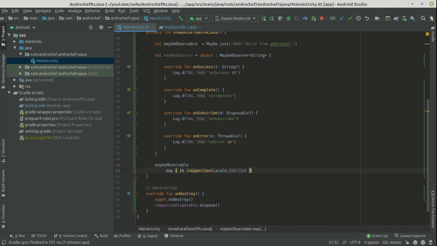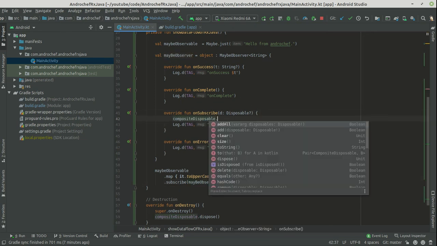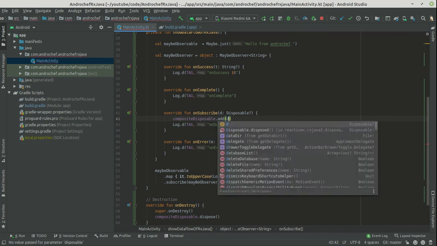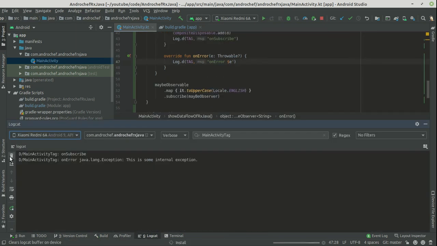Now we will subscribe, and there we will pass the observer, and the last thing, we have to save the subscription. So that is also finished. Now we will run again. Let's remove earlier logs, and now let's see. As you can see, two methods got invoked, on subscribe and on success.